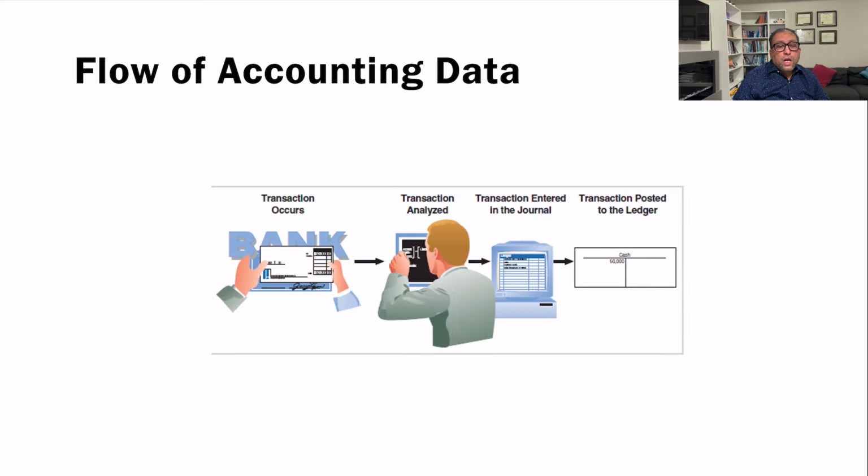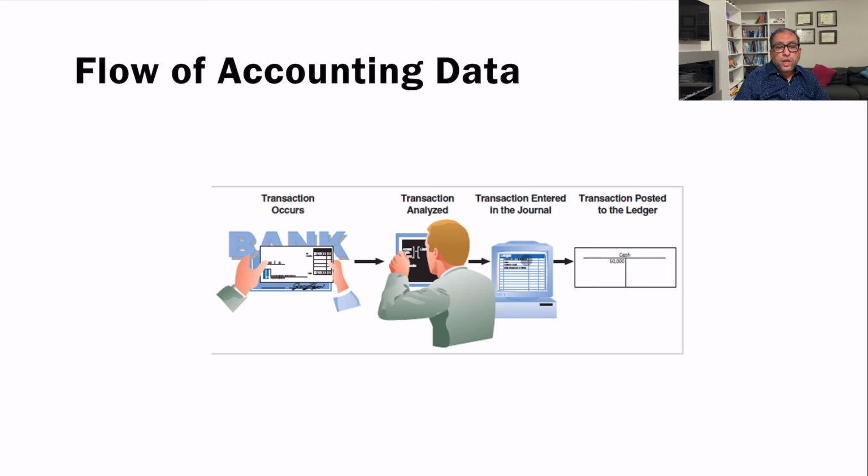So what is the flow of our accounting data? We see here that a transaction occurred. The transaction is analyzed, and the transaction enters into the journal. Then the transaction is posted to the ledger, and so this is the process. A transaction occurred, like an exchange takes place. Then we analyze which account is going to increase and which account is going to decrease, and then we post